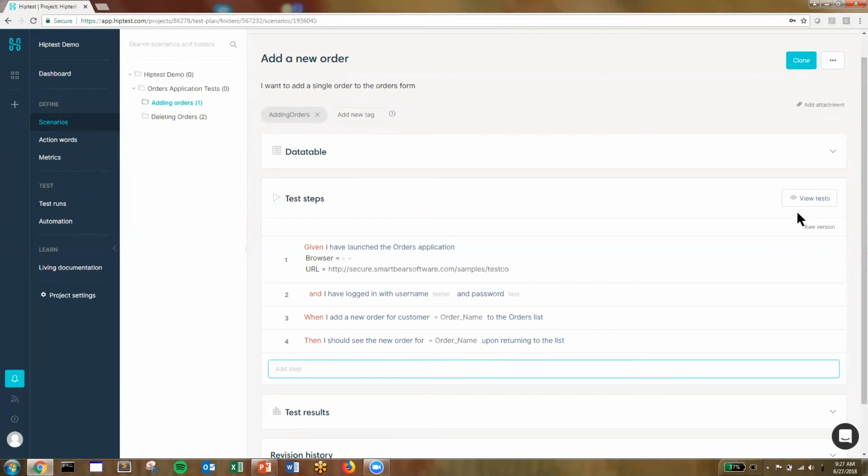The whole point of BDD approaches is to have a common language for your application that you're building and testing. That language is carried through in the structure you put your scenarios in. Therefore, your structure should make inherent sense based on your application.